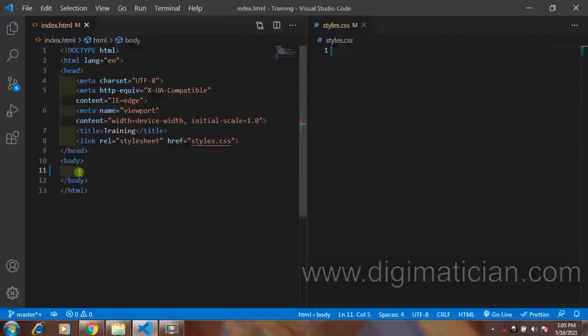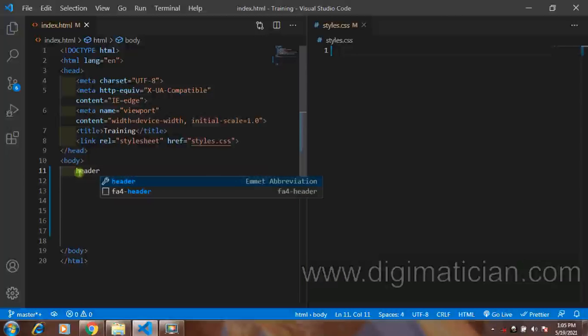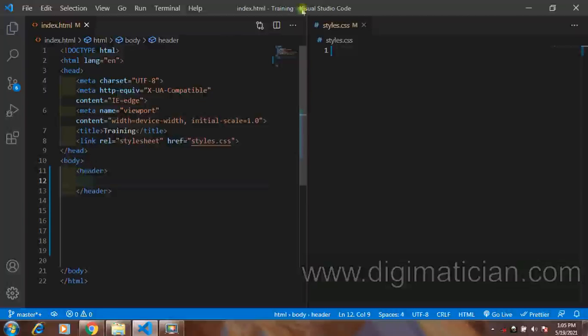Now, first of all, within our body, let me just put a space here. Within our body, we have a header, not head. I said header, not head. Okay. Now, within our header, we're going to style our header,